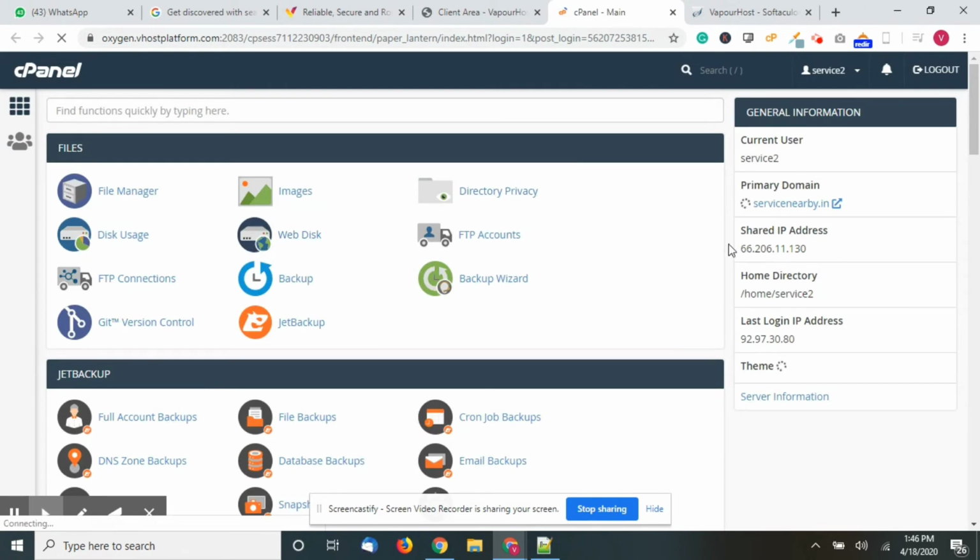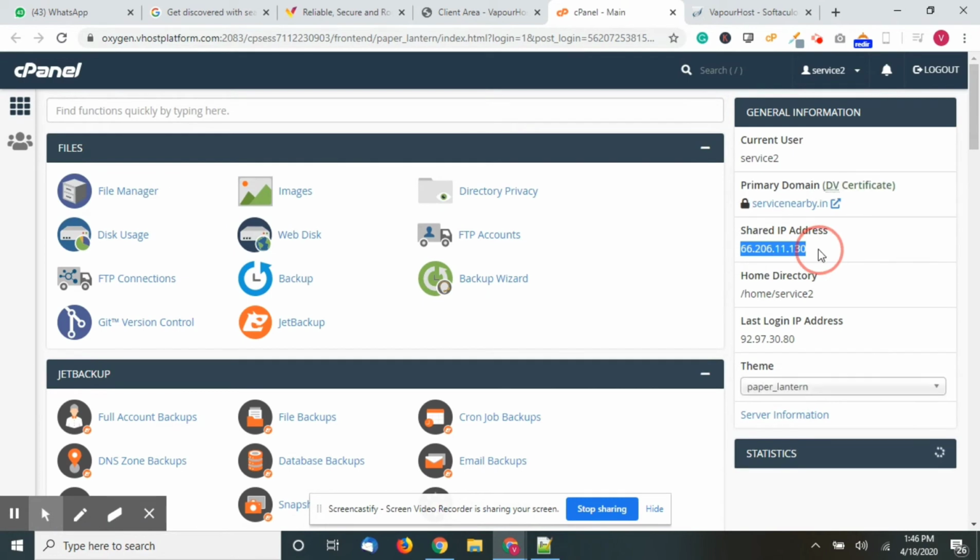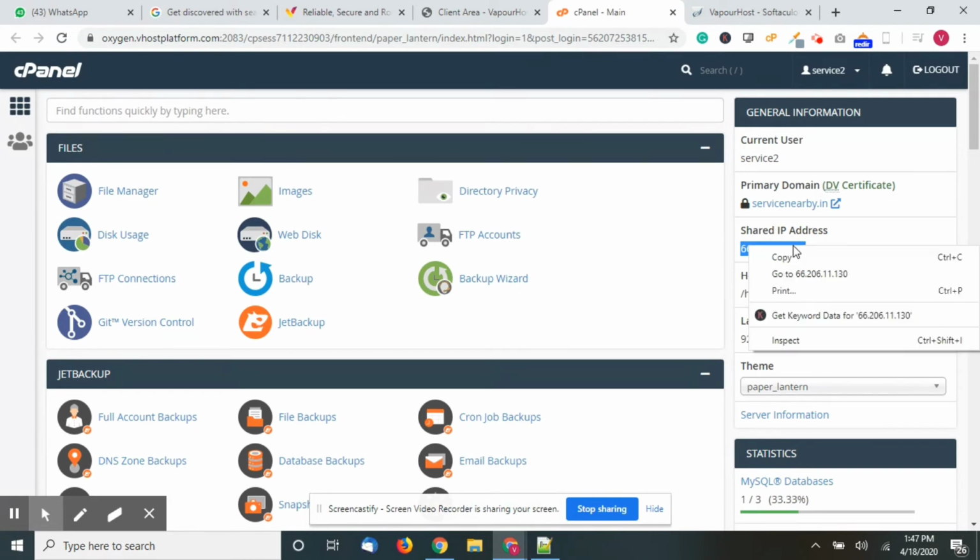You can see the shared IP address on the right side. Just right click on that and press Control C.